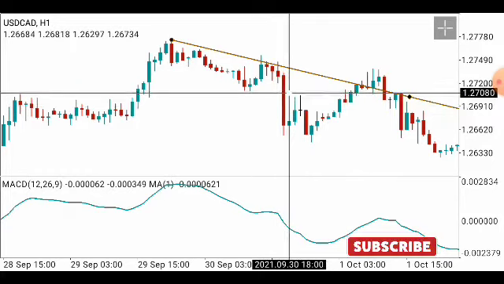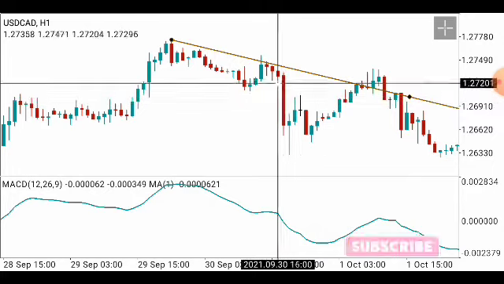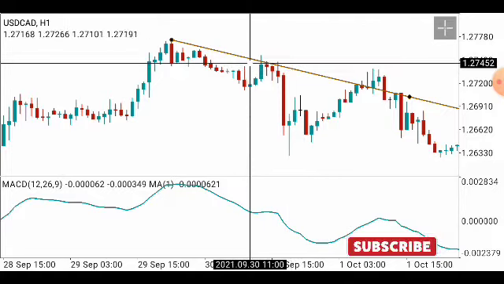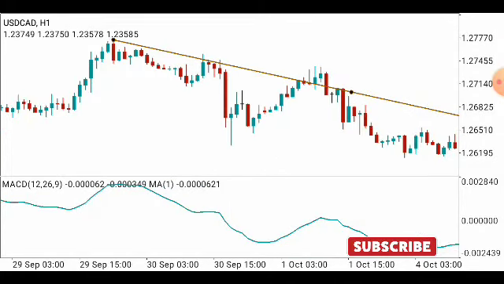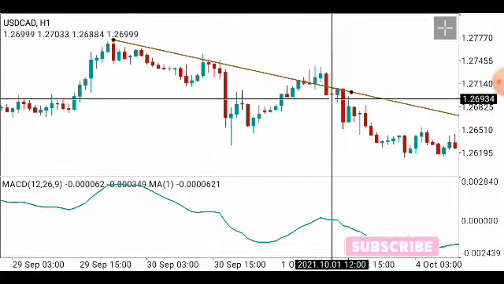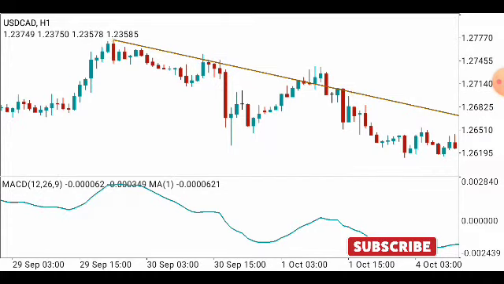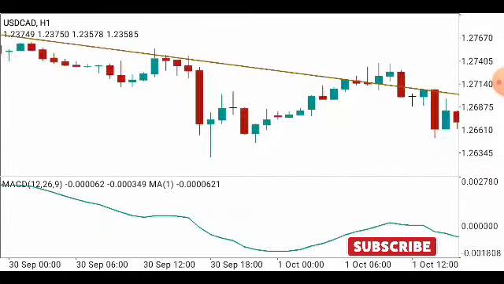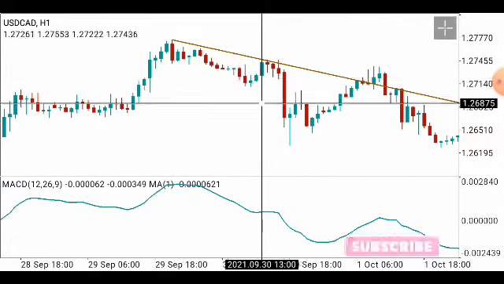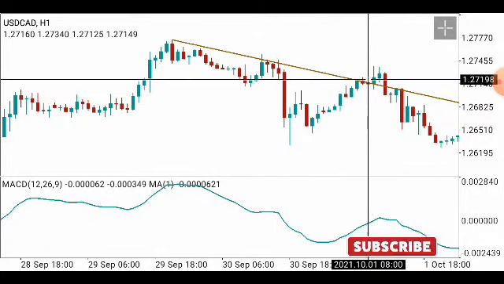And what is the body of the candle? The thick colored part, that's the body. As you can see, I cut through those wicks, but I didn't cut any body. This rule is only for the first and the second touch, but for the third and the others, you don't need that. So as soon as you see the candles hit this, come back, hit this, you've got your downtrend trend line. As soon as you see it come back